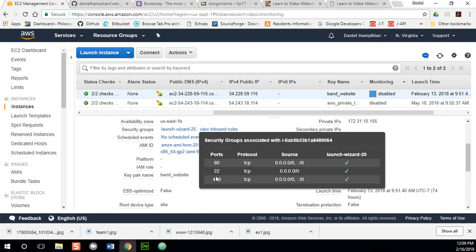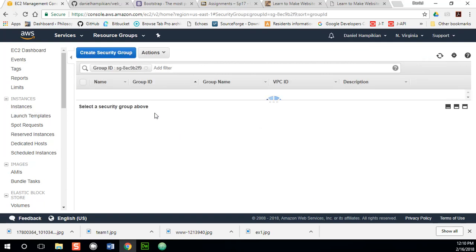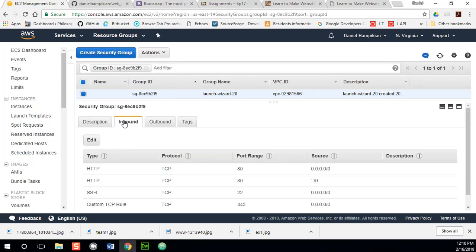So ports are just channels of communication that the computer has with the world. Port 80 is for our HTTP for web traffic. Port 22 is for SSH, and port 3306 is for our MySQL, I believe. But you notice we don't have port 21, so we could either enable that by launching our security groups wizard